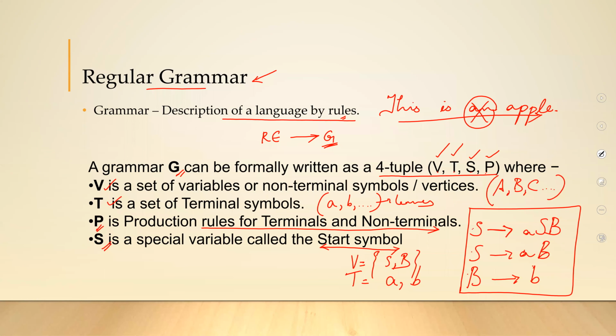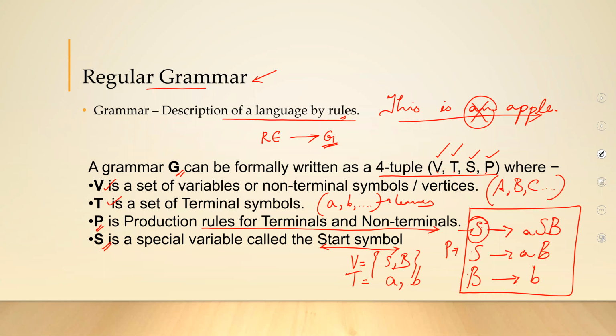The third is my P, or my production rules. As I was telling you earlier, all this is my P. I've got three production rules over here: production rule number 1, production rule number 2, and production rule number 3. S is my start symbol. Luckily over here, it is S itself. Usually, the start symbol is the LHS of your first rule. Here this is my first rule, and this is my LHS, so this is S. It necessarily need not be S. It could be any alphabet. In this particular example, it happened to be an S.